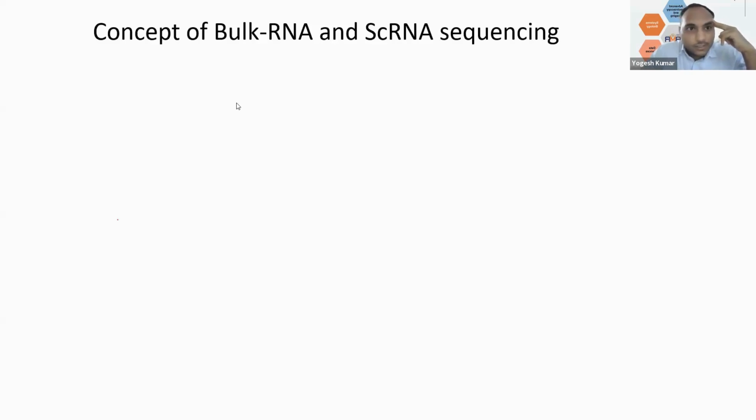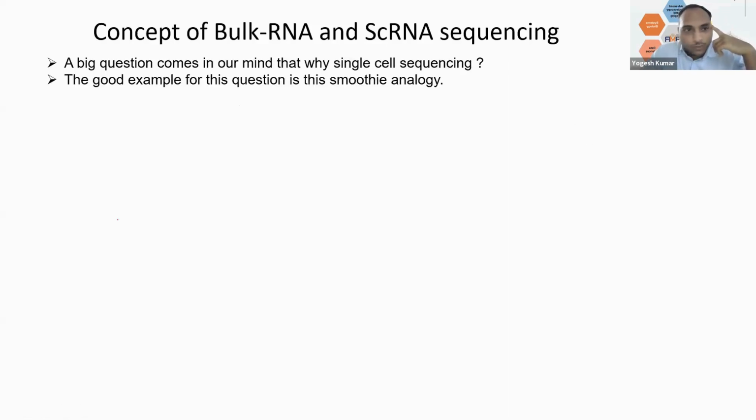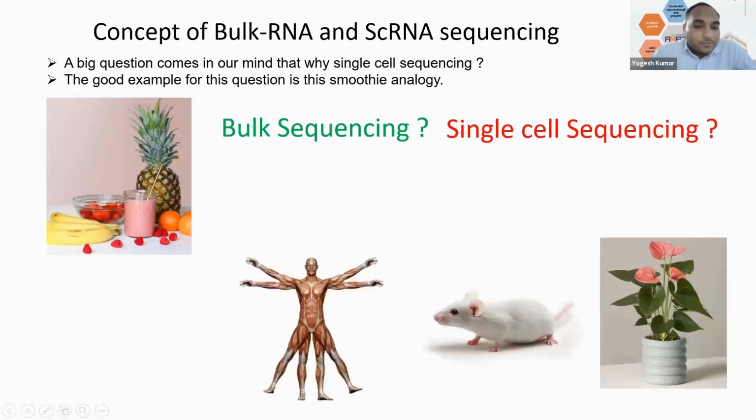understand what is the concept of bulk RNA and what is the concept of single cell RNA sequencing. So a big question comes to our mind: why do we need single cell sequencing when we are doing bulk RNA sequencing? So what is the need of doing single cell sequencing now? A good example, all of you may know or have in your daily life,